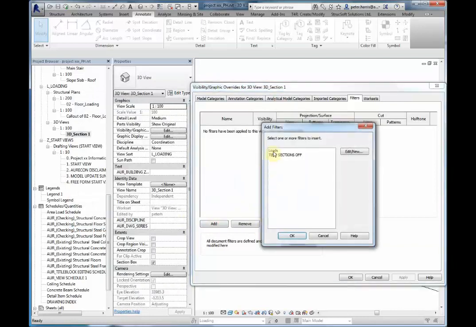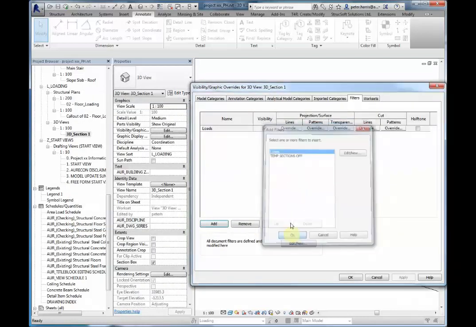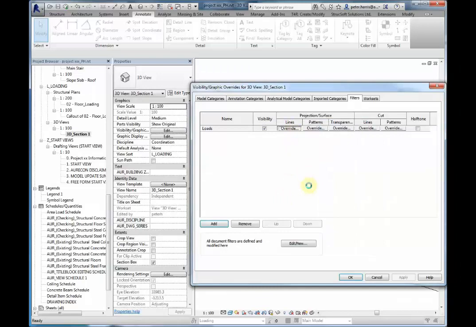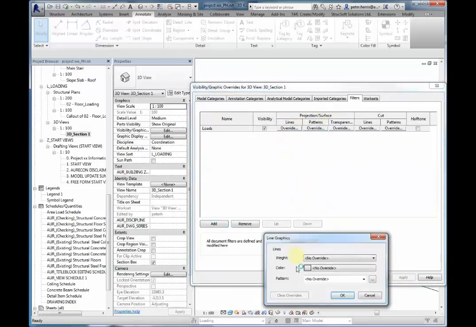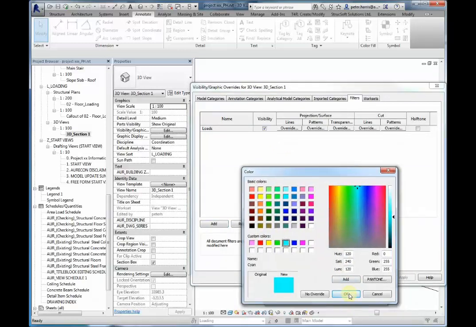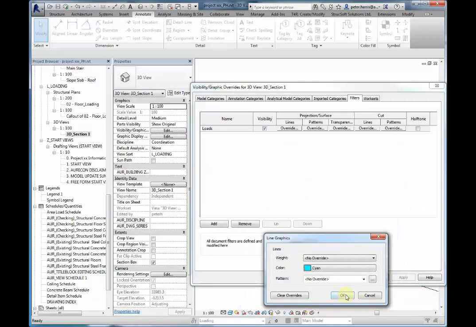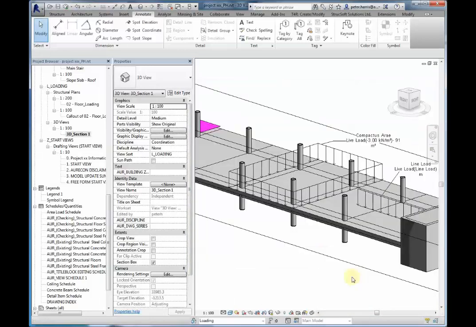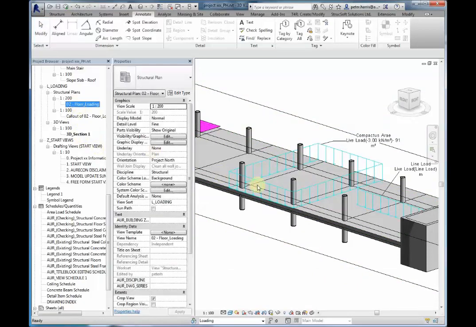and adding this, and that's changing the colour, which is projection lines, just changing the colour to something not used, and OK. And even applying this same